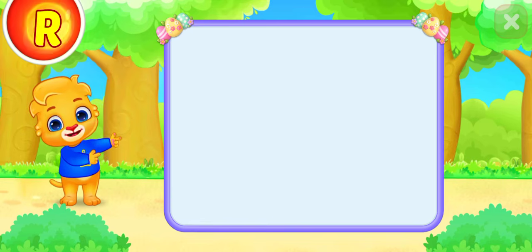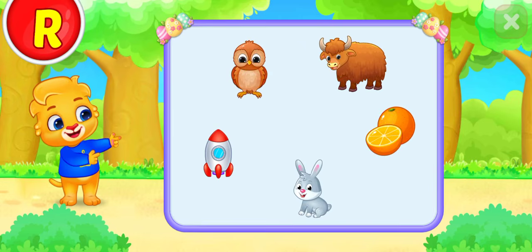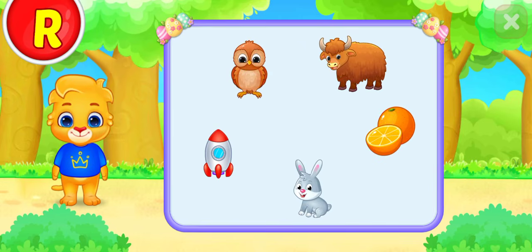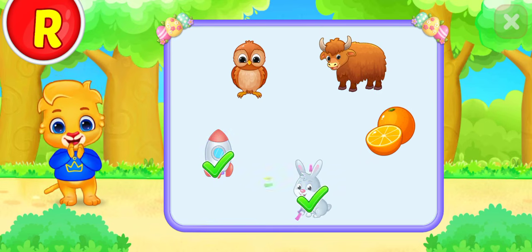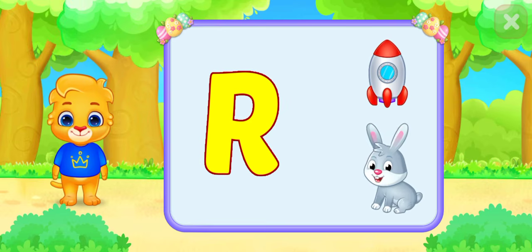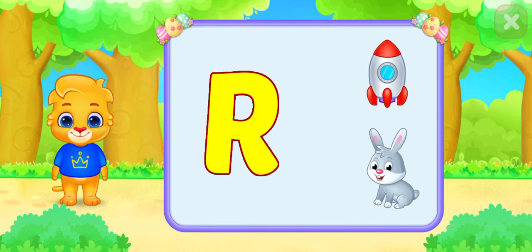Tap the picture that starts with letter R. R is for rocket. R is for